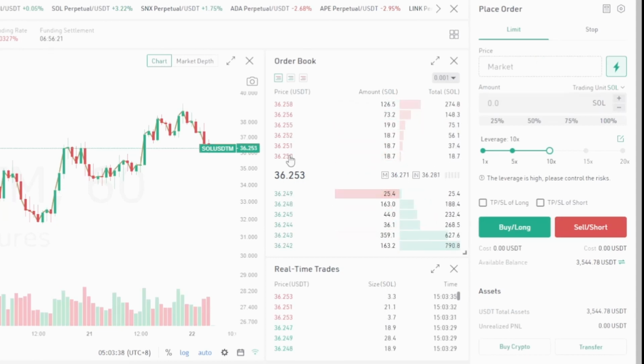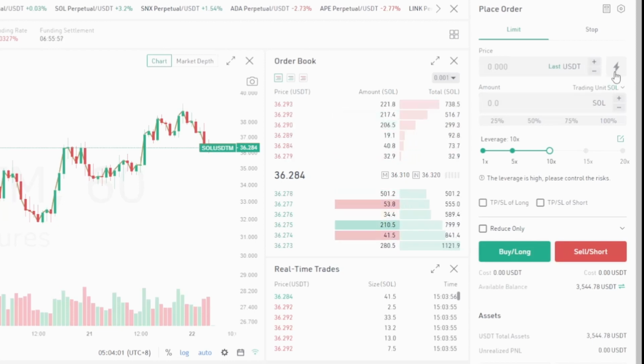Say for example, Bitcoin was in the midst of a dump and you were trying to catch the bottom or get a good price that you wanted at the bottom, but you just hit market buy. And Solana was swinging between $32 and $38 pretty quickly. You might have thought you were buying at 32 and you buy at 35. So you're already in a loss essentially from where you meant to enter, and it just put you in a bad spot. So you want to make sure that lightning bolt is not clicked and that it just says limit up here. You have stop as well, but we want to be clicked on limit when we're opening up a position.